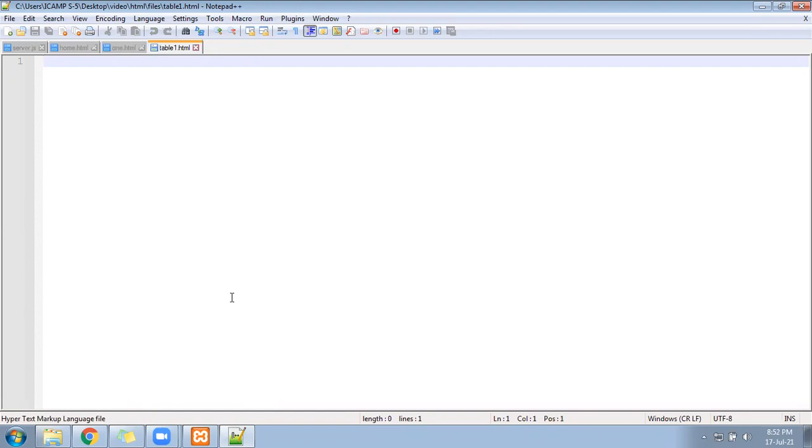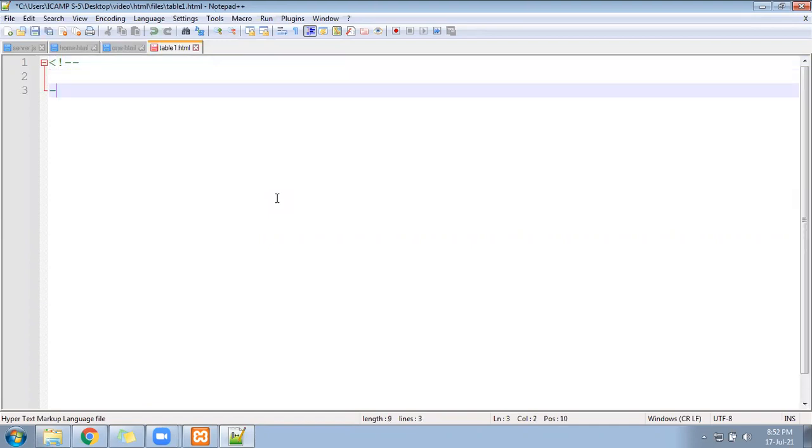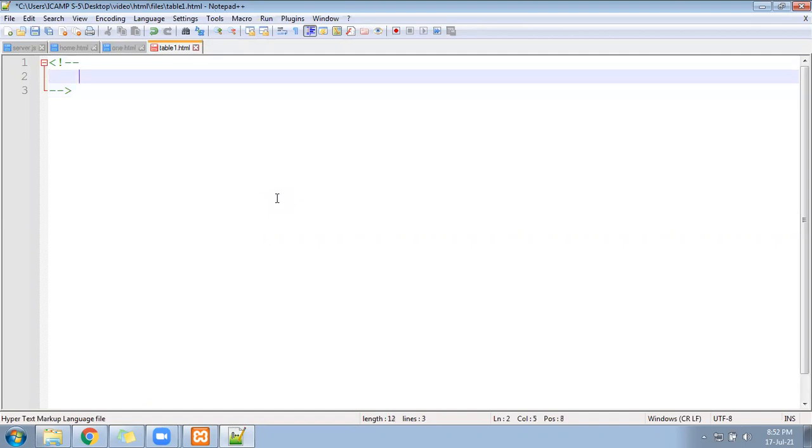And guys, first you need to know how to comment in HTML. This is the line, this is called a comment line. So this becomes a commented line. If you write anything in this, it will not display in the browser. It will just get commented and your browser will ignore that statement. In this, first I'm going to write the structure of the table.